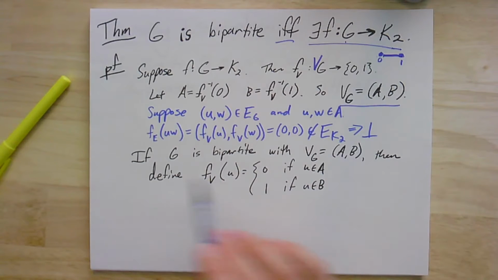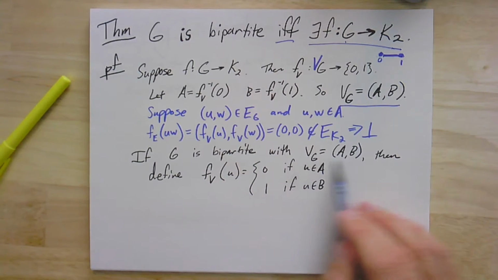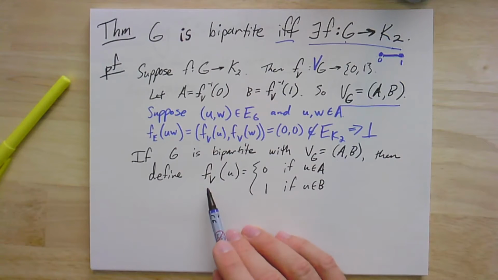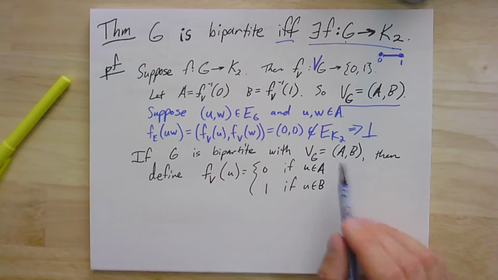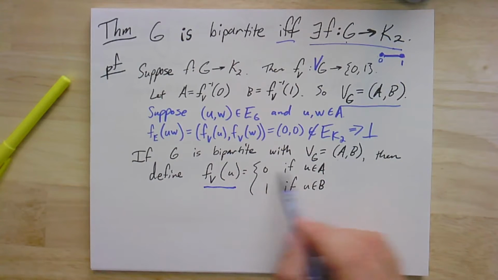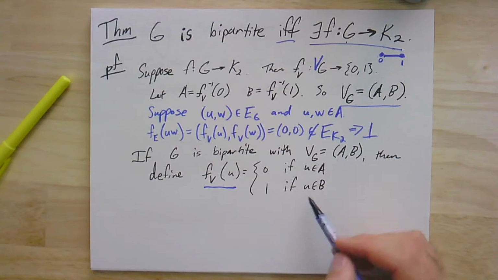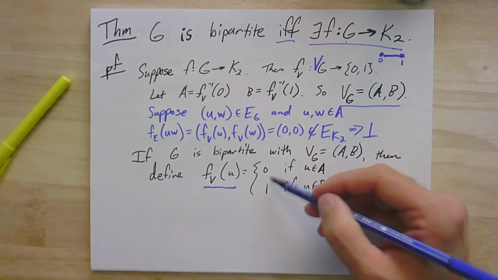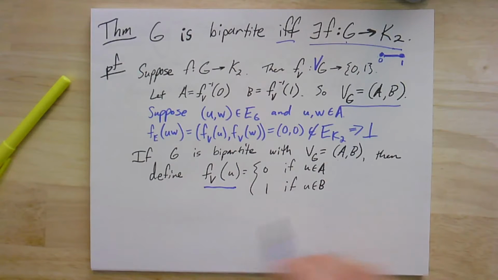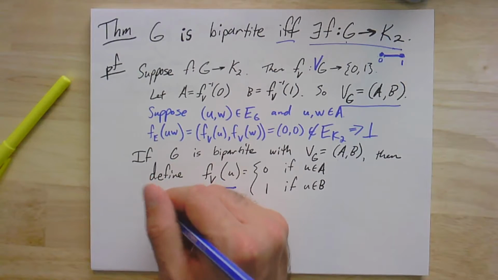So the other side of this is if the graph is bipartite, then you have this bipartition, and so we can use that to define the homomorphism. And it's what you would hope it would be. It's going to map each vertex to, well, 0 if it's in one part and 1 if it's in the other part. In fact, you could swap these two. It would be a separate homomorphism. Okay, so if we have this, I've told you where the vertices go, and now you would just have to check that when I define FE,